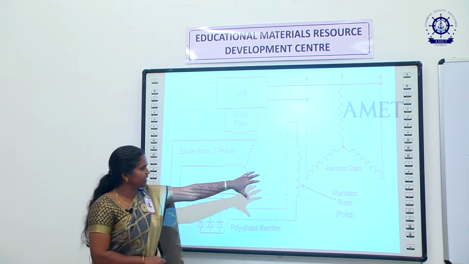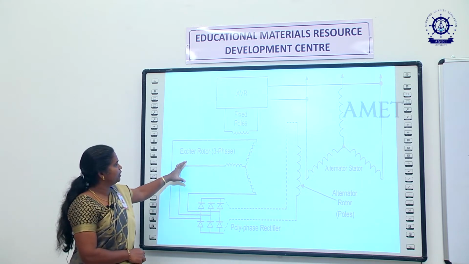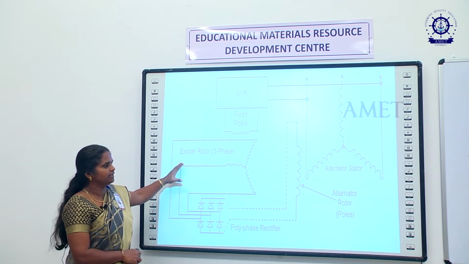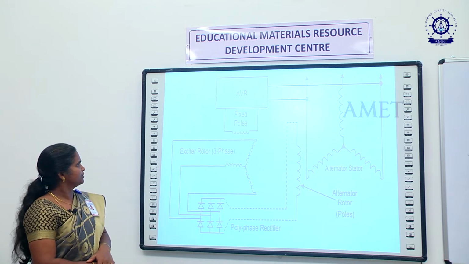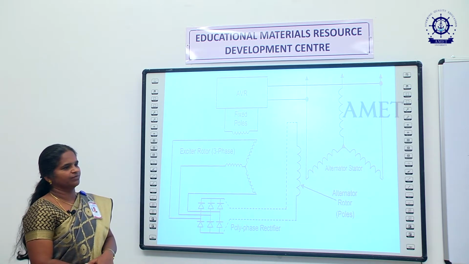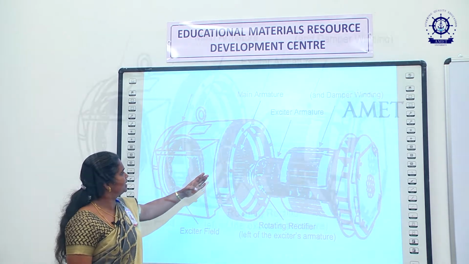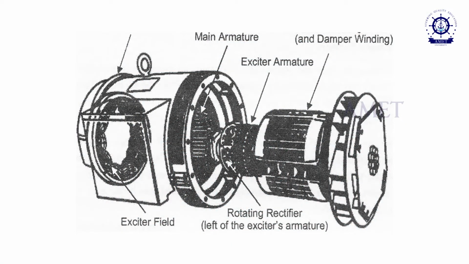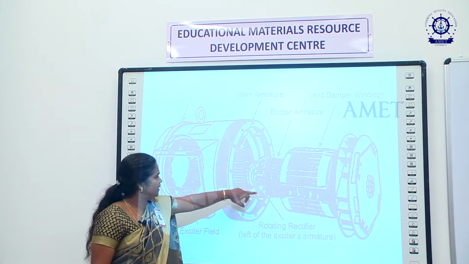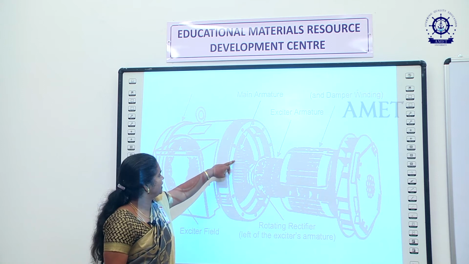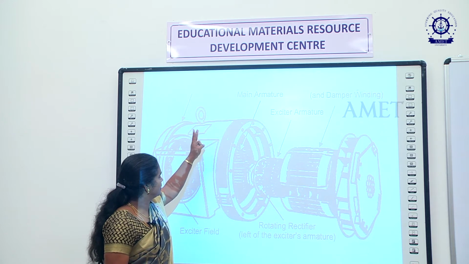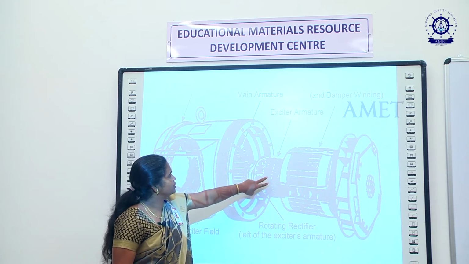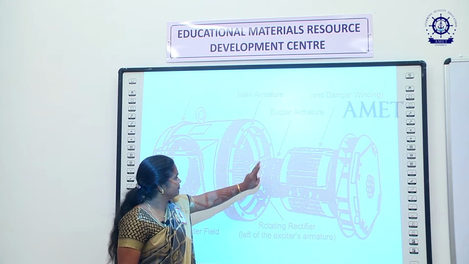So we have the main alternator on that side and a small alternator within it. This small alternator is mainly used as the exciter for the main alternator. This is the way this brushless alternator works. As we discussed earlier, this is the main alternator armature, and this is the exciter armature. The main armature EMF that is induced will be given to the AVR. This AVR will give supply to the small alternator, where finally the EMF is induced.